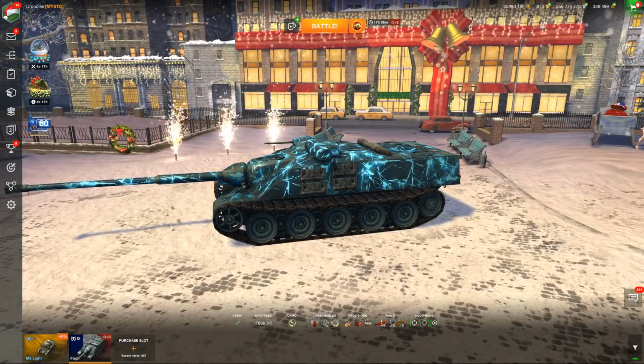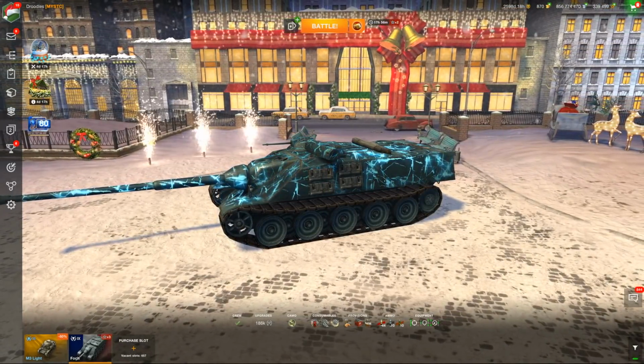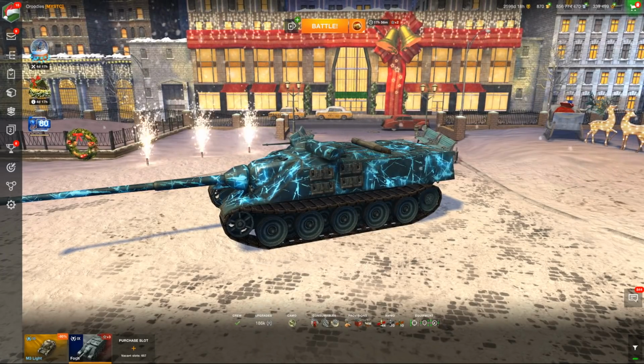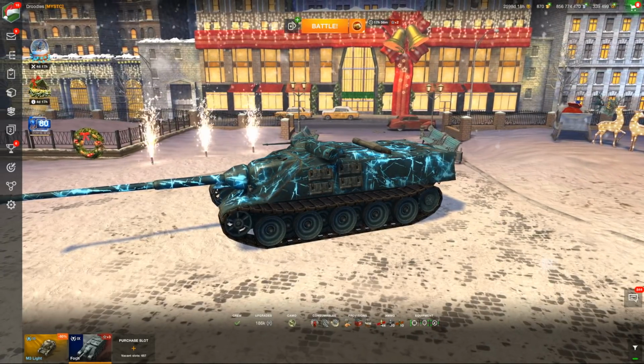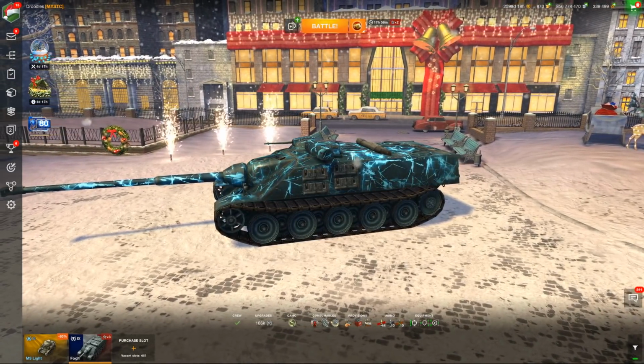The Fosh 155 is one of the least grounded tier 10s in World of Tanks Blitz, and to be fair, there's pretty good reason behind that. The vehicle is extremely infuriating to play. While it has very good damage per minute, fantastic frontal armor, and great mobility, the one issue with the tank